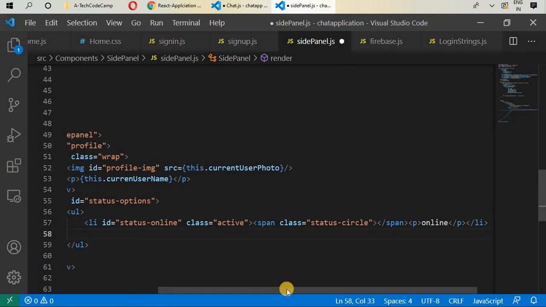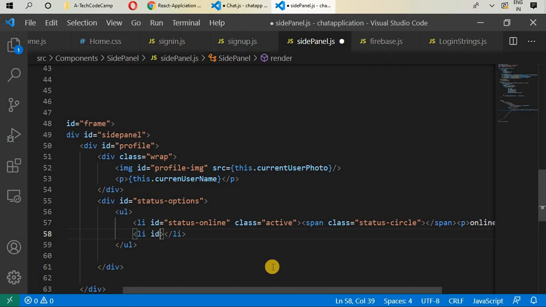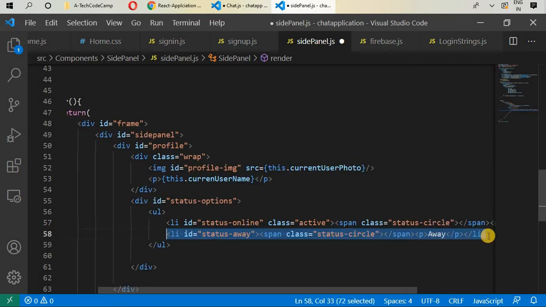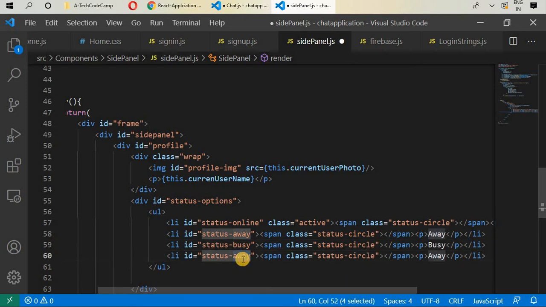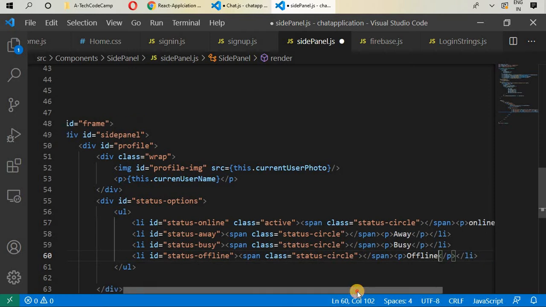And then we have again li. Okay, we'll give it li, have an ID with status away, and we can write in here span, class status circle, and give it paragraph away, and copy this and paste just below in here, and give it busy, and busy again, paste one more li and give it offline and offline. Okay,